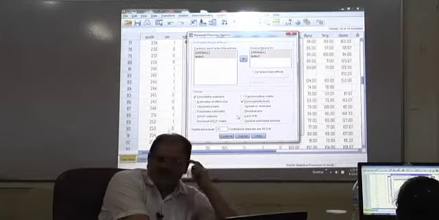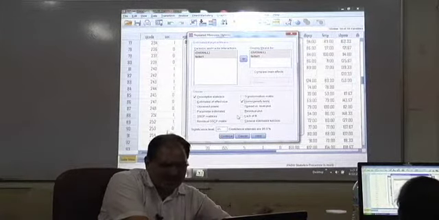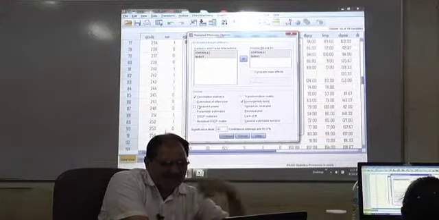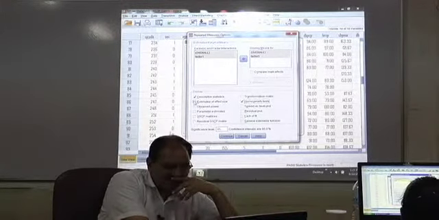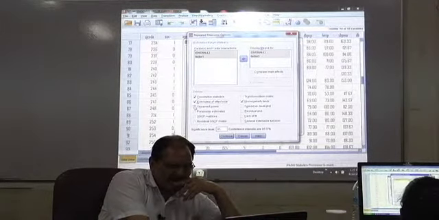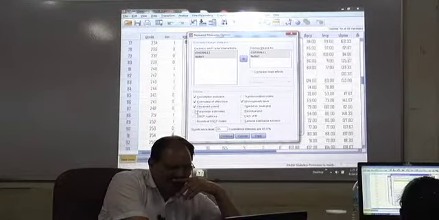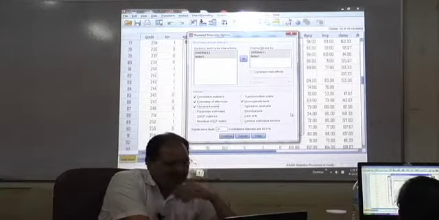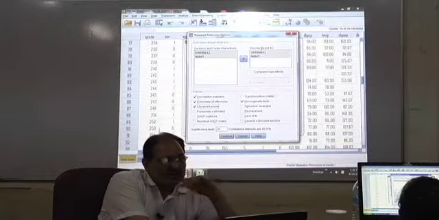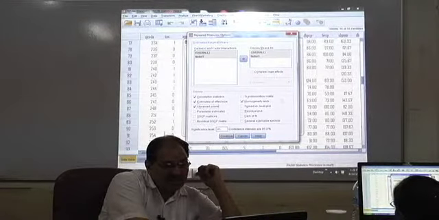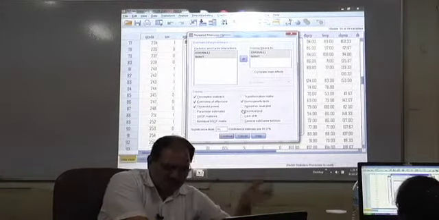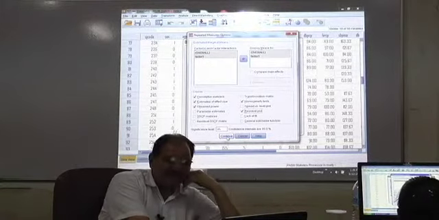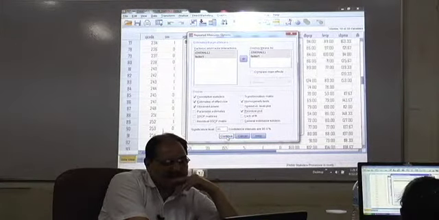In fact, since it is repeated, it was not necessary. But then we have the option, so I am just saying. Estimate of effect size, observed power, descriptive statistics and homogeneity. Residual plot can also be there. There will be a number of plots on that. Yes. Residual plot should also be there. Continue.